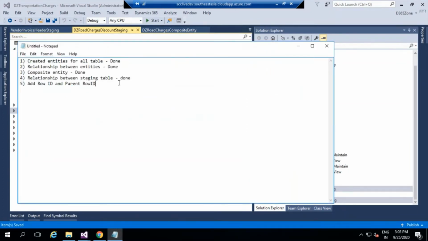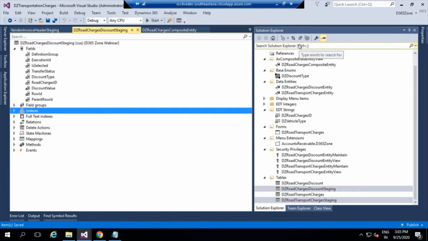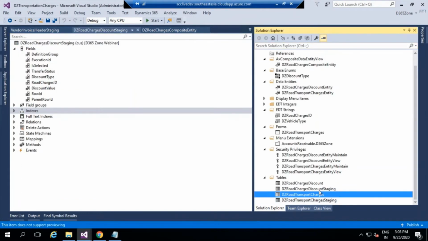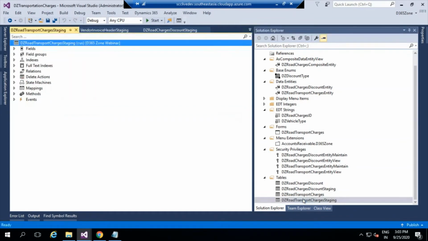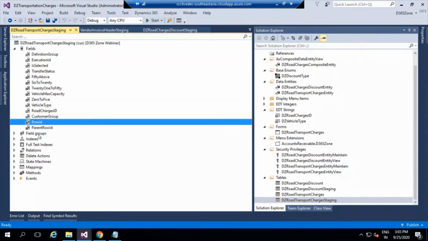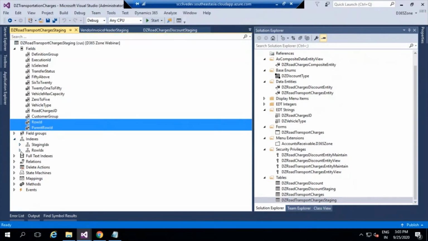Let us say this step is also going to be done. This row ID and parent row ID, you'll have to copy paste in both the staging tables. Right now I copy pasted only in the charges discount. The reason I'm saying done is that, as part of the other sample before the session, I was trying it out, and at that point of time I already copy pasted these two fields in this table. But actually, when you are trying, you'll have to copy paste in both the staging tables, even in the transport staging table and the charges discount staging table. Only then the row ID and parent row ID will be generated for all the relationships.